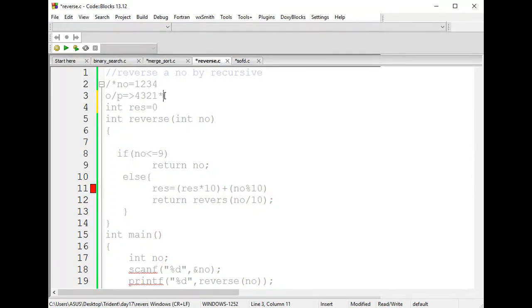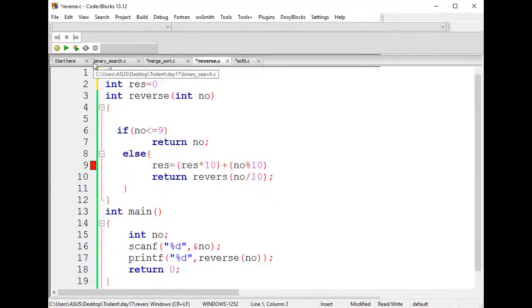Did we write the header file? Let us write the header file. The small typo errors are there, guys.